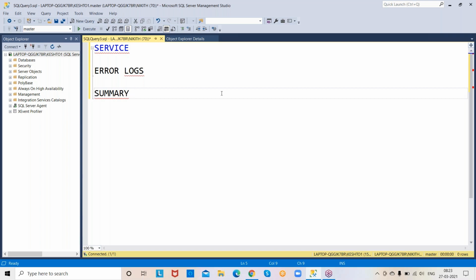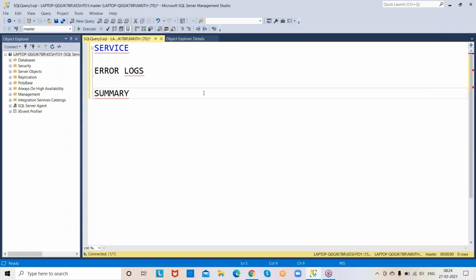The summary file contains complete information regarding the SQL Server you installed on this particular computer. Computer, we also call it a box. In a real-time environment, we call a computer a box. Box means a physical computer, your server, like your laptop.